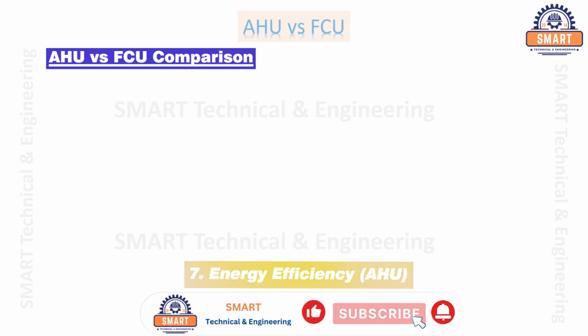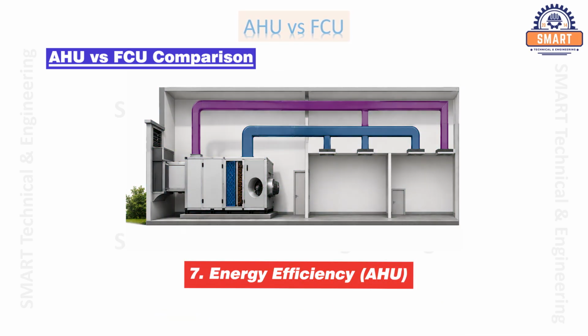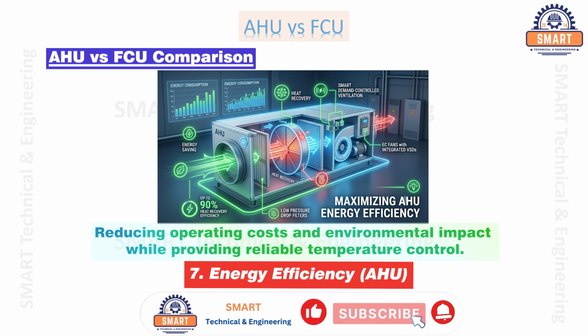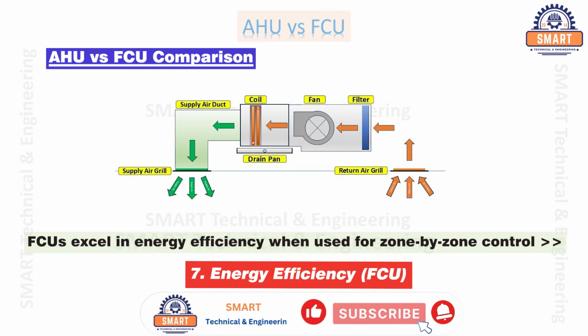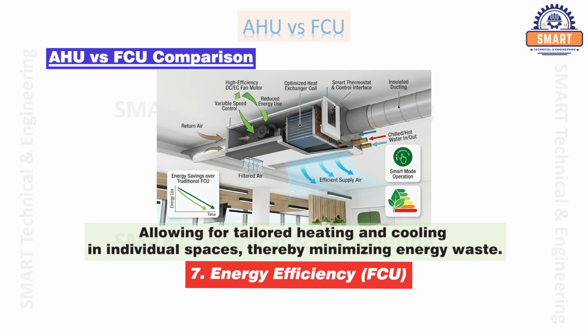Number 7. Energy efficiency. When paired with a central chilled water plant, AHUs can achieve high levels of energy efficiency, reducing operating costs and environmental impact while providing reliable temperature control. FCUs excel in energy efficiency when used for zone-by-zone control, allowing for tailored heating and cooling in individual spaces, thereby